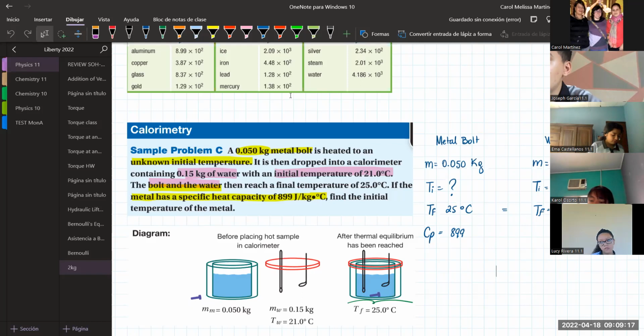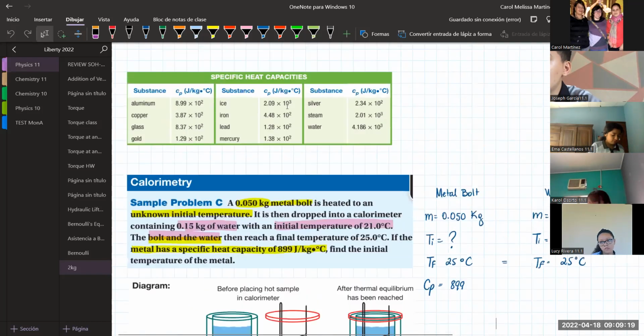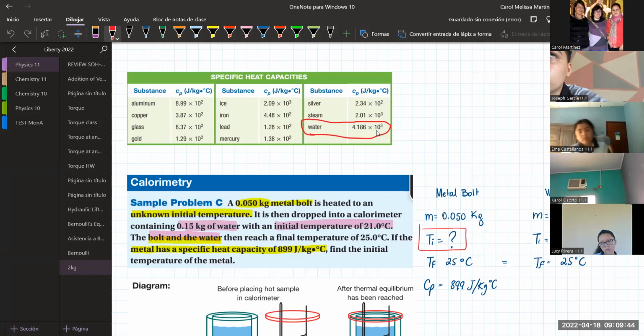Now, the specific heat capacity of water, the problem doesn't give it to me, but I know it's water, so I'm going to use my table of specific heat capacities, and I know that for water my specific heat capacity is 4.186 times 10 to the third power joules per kilogram Celsius,